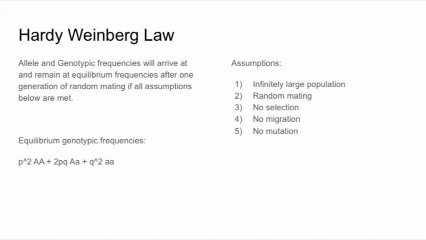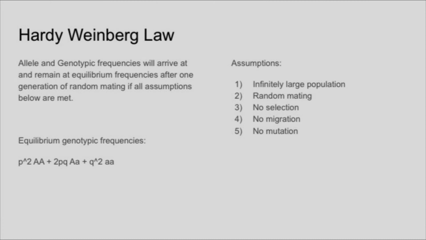At equilibrium, the genotypic frequencies are p squared plus 2pq plus q squared, where p and q are the frequencies of the big A and little a alleles. The assumptions of the Hardy-Weinberg Law are that there is an infinitely large population, random mating, no selection, no migration, and